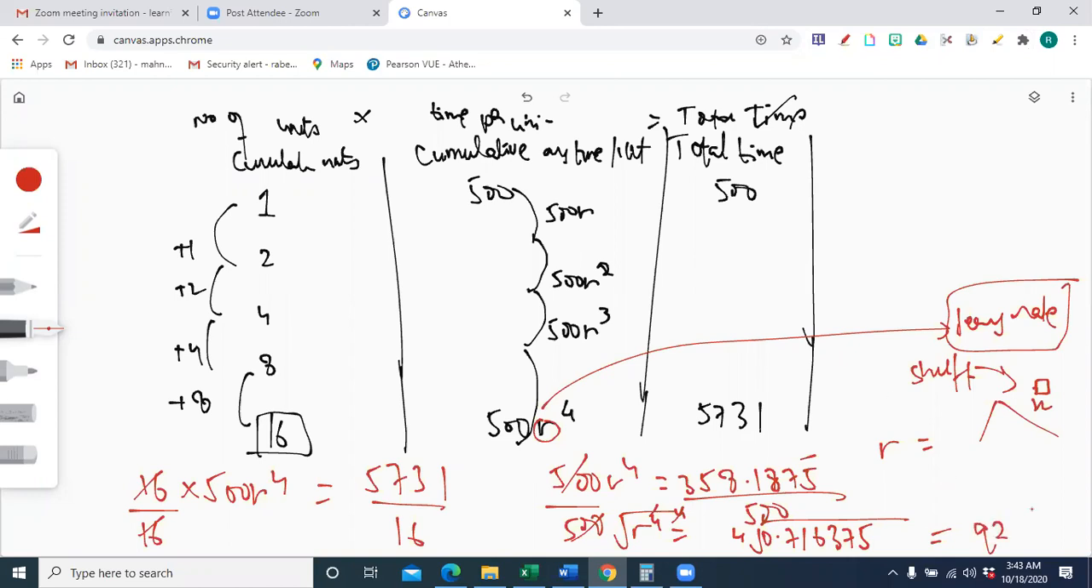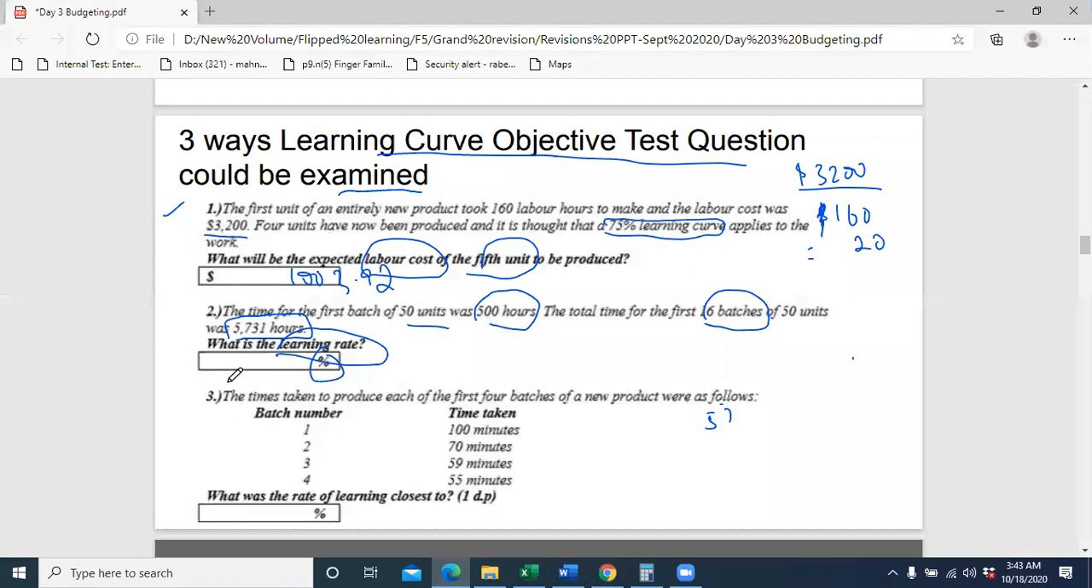92%. Yeah, and then you multiply it by 100 as well, since it's in percentages. So that's 92%. Okay. Now the last one here, what is actually the